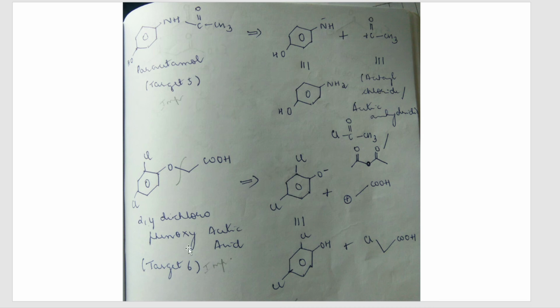Same way over here, target molecule 6, that is 2,4-dichlorophenoxyacetic acid. Now where do I break this here? See, this is the best place to break it, because here there is an oxygen which will have a negative charge. If I add one H, I will get its synthetic equivalent. Same way here, this carbon has a plus charge, correct? So what should I add? I'll add chlorine. So I've got my synthons. These two are the synthons, and these are the reagents or the synthetic equivalents from which I get those synthons.